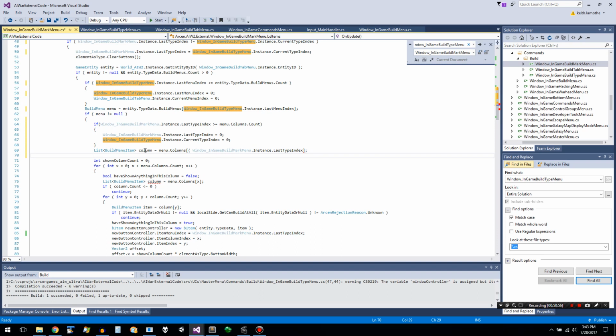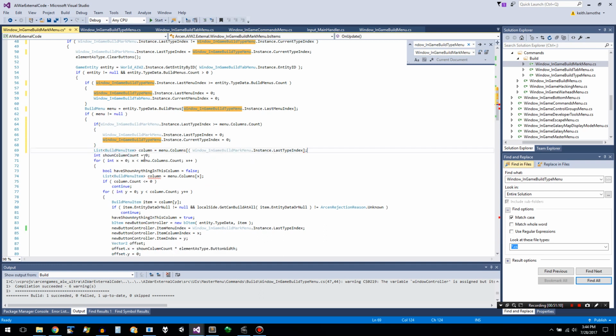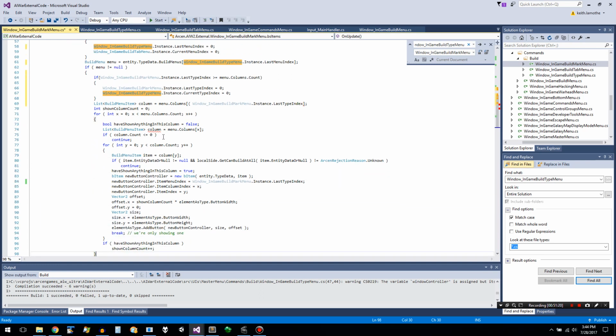I don't think those can be null. Although apparently I was checking that one, so. No, actually, no, these can't be null. These could theoretically be null if the data was loaded in a weird way. It's because of a data error. Alright, so